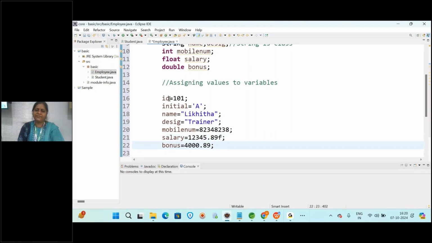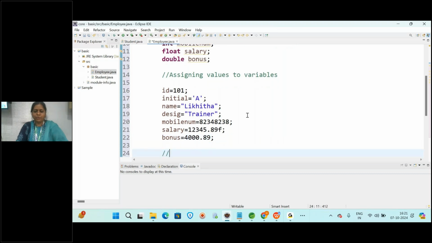So see, these are the variables. Variables means what? Which always change the value. In this program, I may use this ID for storing a number. In another program, I can use that ID variable for storing a name or a float or double. There is no rule that I have to store only a number in ID. Because I have given the int data type, I'm storing a number in ID. Variables means what? Which keep on changing. I said one real time example also, right? So like this we will store the data.